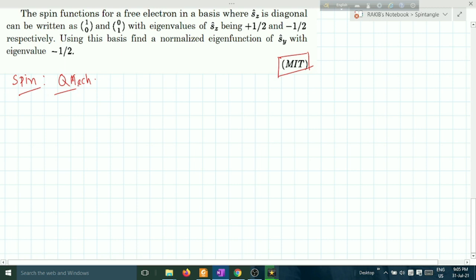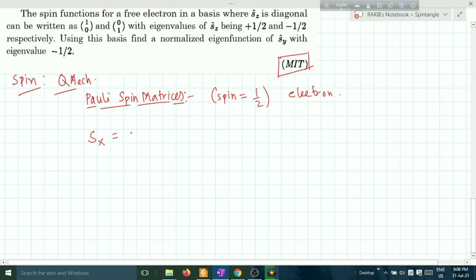To solve it, first of all, I have to mention three things. These are called Pauli spin matrices. What are the spin matrices? These are the 2 by 2 matrices for spin half particles. Mainly we are taking the spin half problem. Spin half particles, say electron. The matrices are